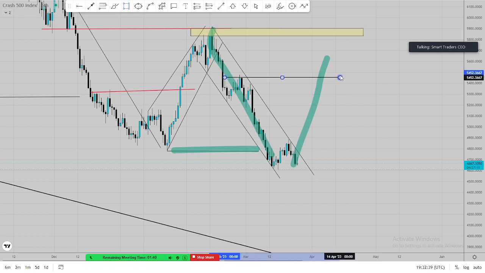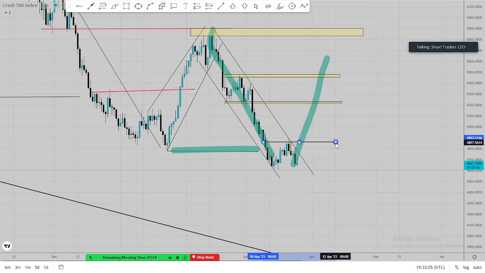Then let's look at other levels where it can actually bounce. This is also a resistance. So these will be your targets now for the buys. The buys that you're going to take here, this is your first target, second target. So this can also be another target that you can actually use, this level here. Those are now your targets for the buys that we are now expecting.